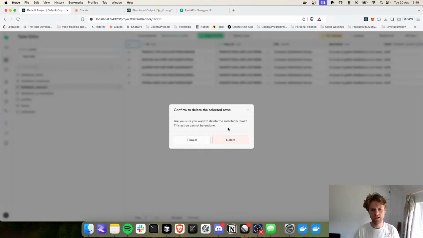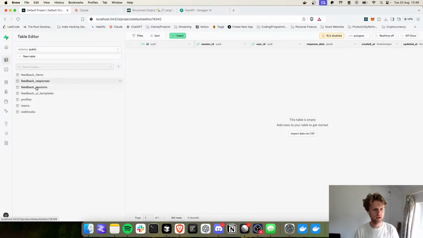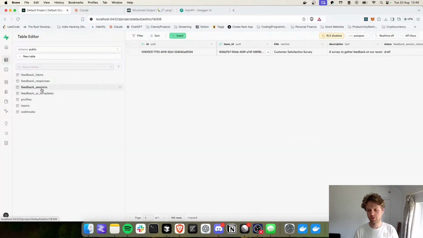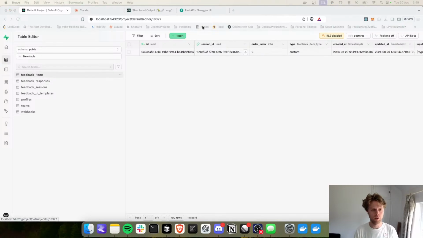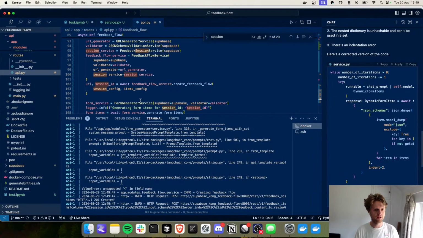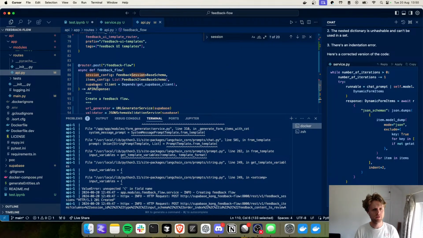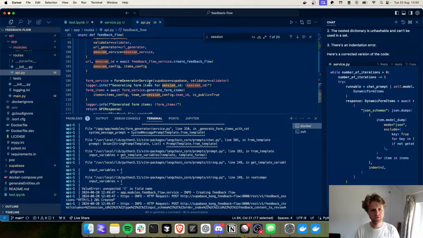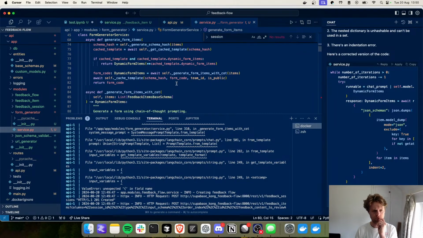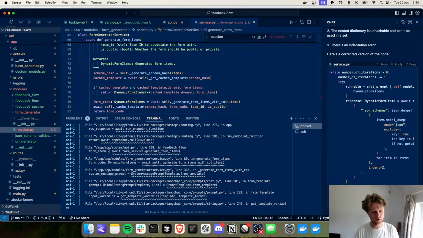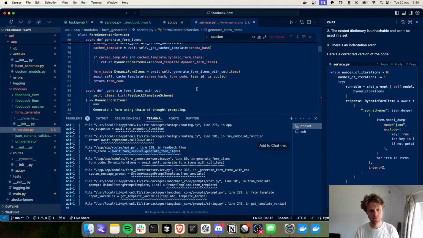So we've got these feedback items. I think we're creating feedback items and we're creating the feedback session, but the bit that we're struggling with at the moment is running this custom chain that we've just made, which is going to allow us to generate the form items in the feedback flow. And if we go into the form service, we're currently failing on the bit in generate form items,